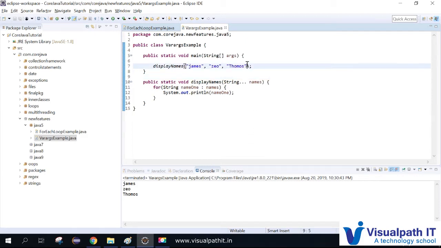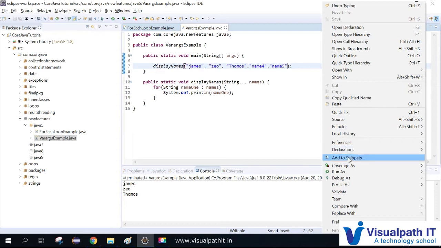Suppose this method is called in different places, in one place you need to pass 3 elements, in another place you want to pass 10 elements. Okay, name 4, name 5. So if you are passing n number of elements, n number of values will be passed to this method, and it will be printed over there.